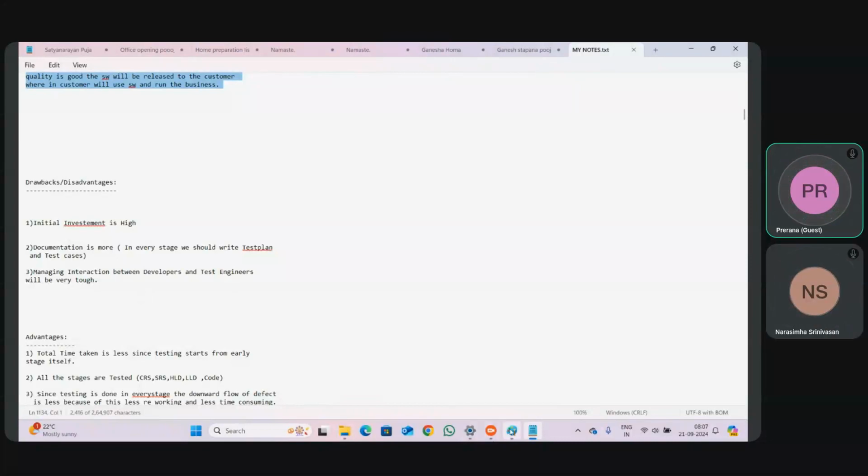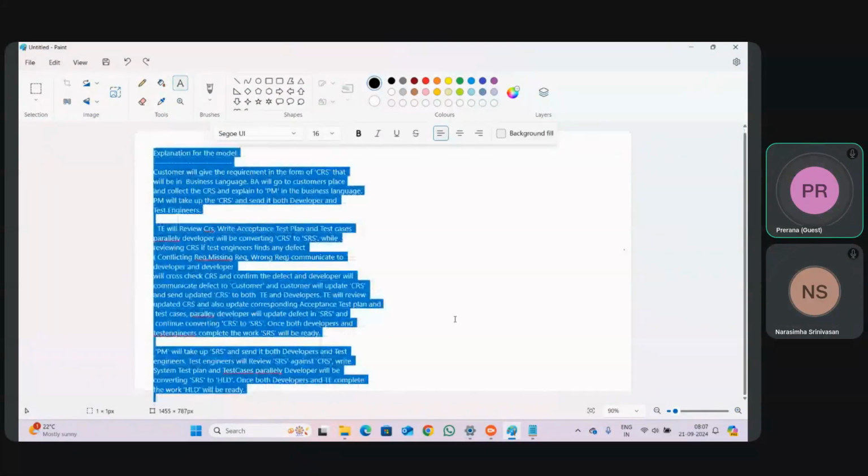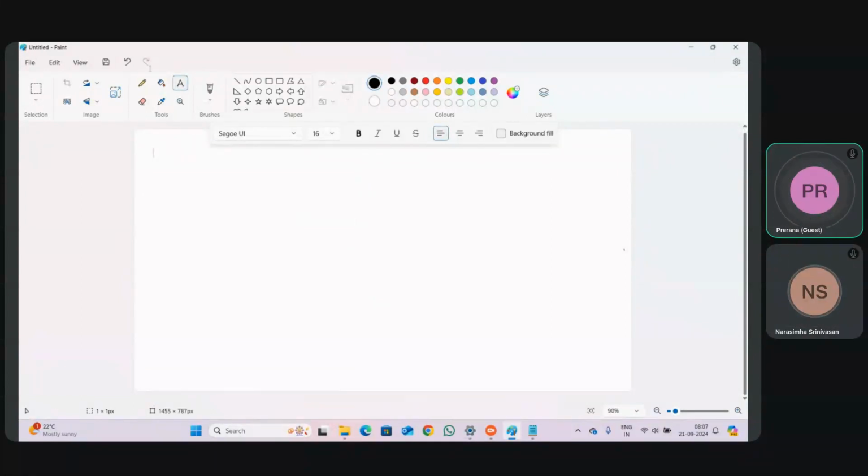So now let us go back. Can I tell some advantages? All the stages are tested. In the waterfall model, requirement is not tested, design is not tested. That is one of the drawbacks. But here all the stages are tested, no?